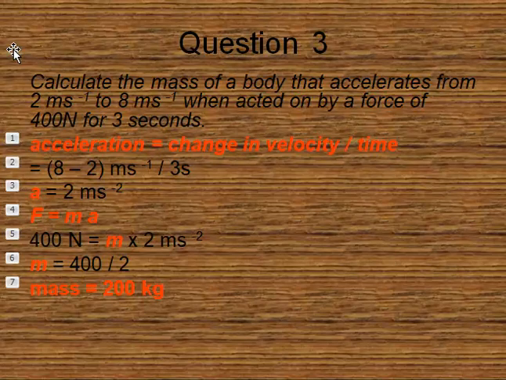You divide it by the time, that is 3 seconds, which gives us 2 meters per second squared. So force is equal to ma, which is mass times acceleration, gives us 400 newtons equals mass